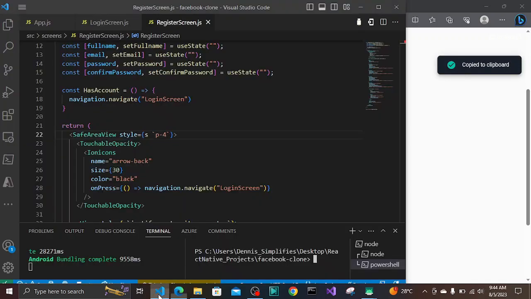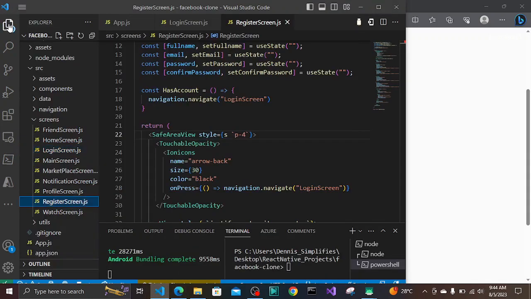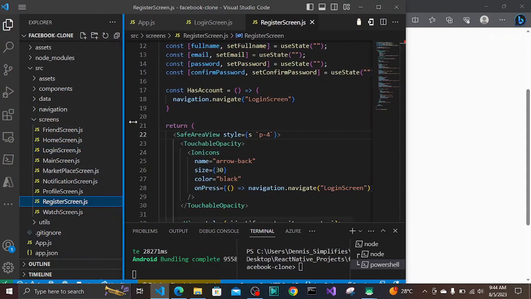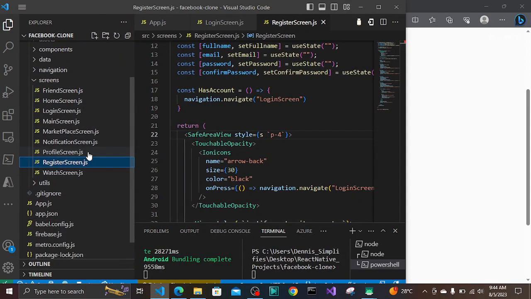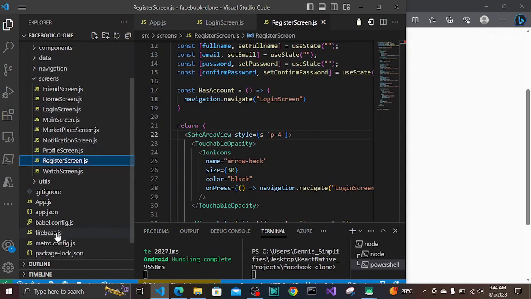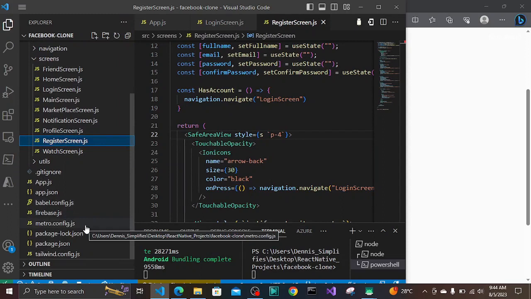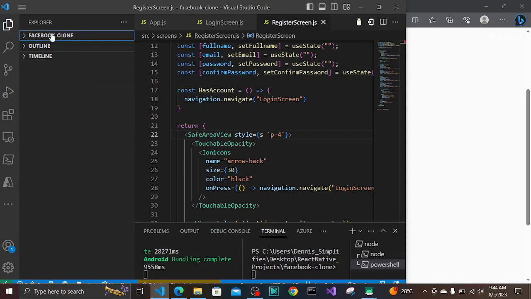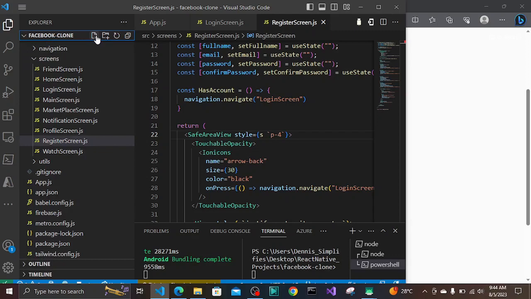After copying them, you go back to your VS Code, then you come here, right? Now inside here, what you're going to do is create a file called Firebase. So you can see I've created my file here called Firebase. Just click on this file button over here, and then create a file inside the Facebook clone. So inside this Facebook clone, you click this file icon to create a file, and